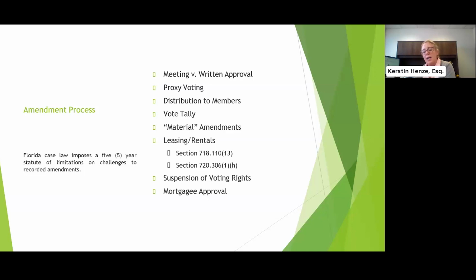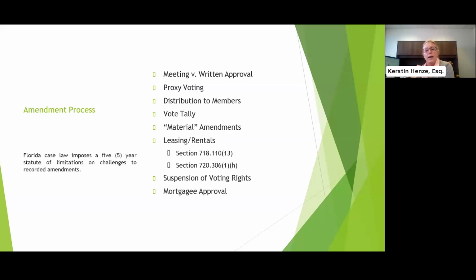Now you'll have to look in your bylaws to see when you must mail the notice along with a copy of the amendments. Your bylaws might provide that any notice just needs to be mailed to the owners 14 days prior. Depending on which document you're amending, you might have specific language to say that a notice of a meeting at which you're going to be amending that particular document has to be mailed out within a certain time frame. So you want to look for specific language on when you need to mail out the notice to the membership at which they're going to be voting at that meeting.